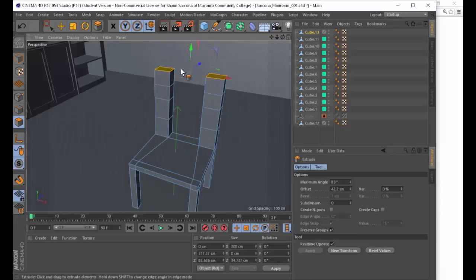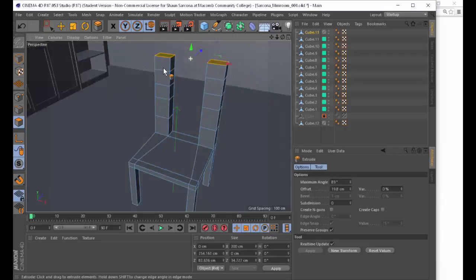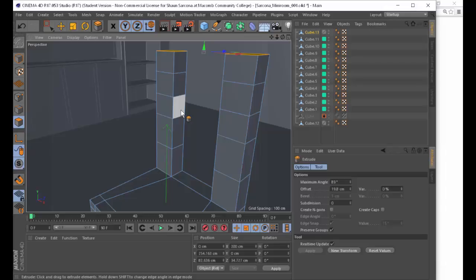Yep, that should be good. Maybe another one just for fun. There you go. Okay, so once I have this, and I've extruded these little laddery type pieces, I can